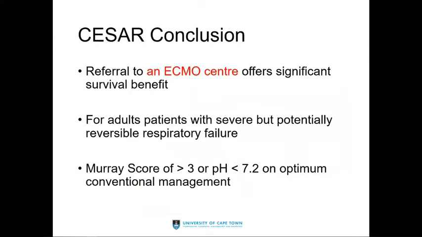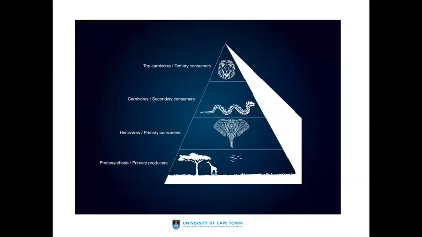So the authors did write their conclusion very appropriately, and they said referral to an ECMO center offers a significant survival benefit for adults with severe but potentially reversible respiratory failure. And their enrollment criteria was a Murray score of more than 3 or a pH of less than 7.2 on optimum conventional management. And so I think it's important to realize that ECMO sits at the top of this very